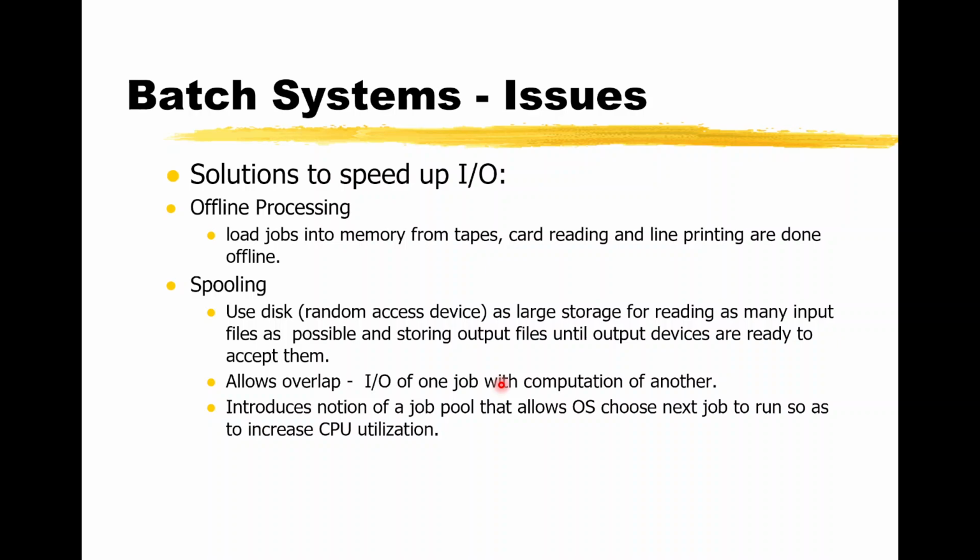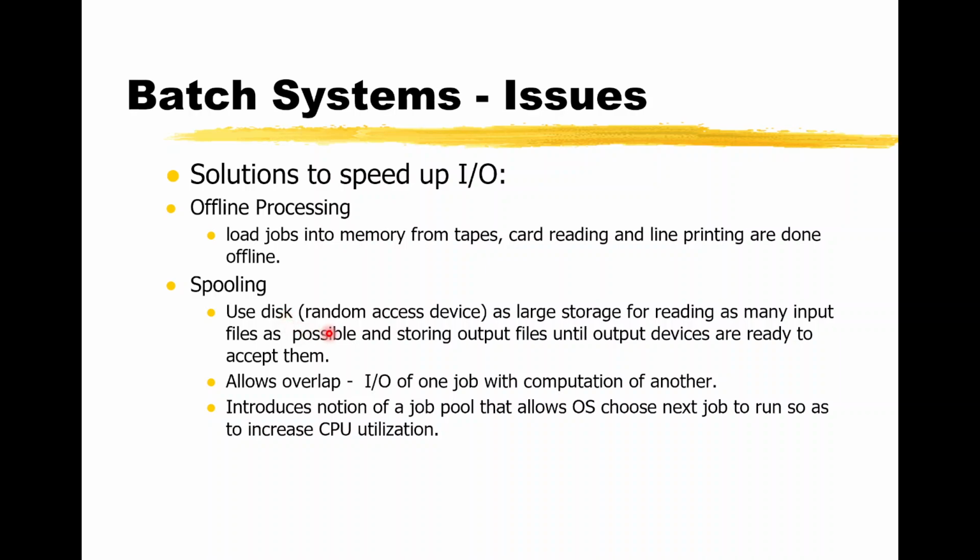Then you also had spooling. In spooling, you use disk. It was supposed to be a random access device. That was the beginning of RAM, random access memory. So you use disk as large storage for reading as many input files as possible and storing output files until output devices are ready to accept them. This allowed overlap of the IO of one job with computation of another. So you could see here,